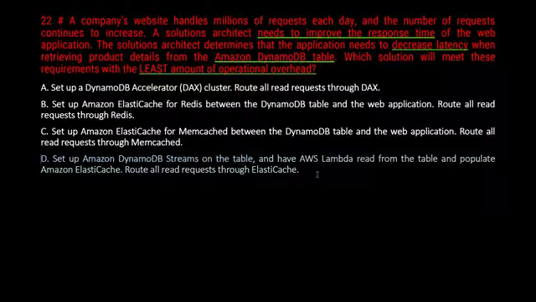Okay, so how this works is you will still have the DynamoDB table, but you will create DynamoDB streams on that table so that it will stream that table data. Then you have a Lambda read from the table, then populate Amazon ElastiCache, and then route all read requests through ElastiCache